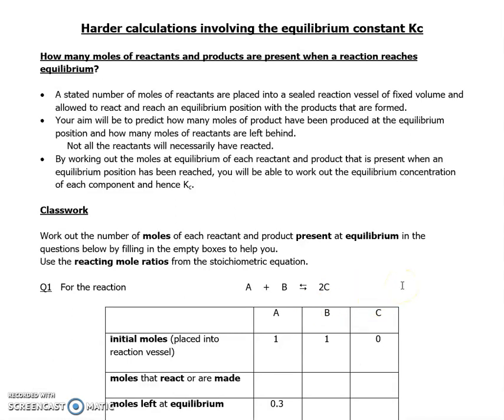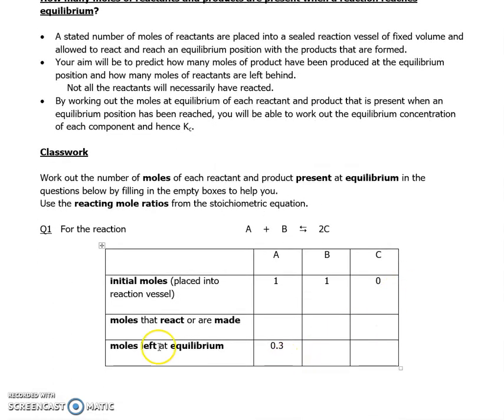Okay. What you then have to do to be successful and calculate a value for Kc is you need to be able to calculate the number of moles of the other substances at equilibrium, convert them into a concentration by dividing by a volume, and then